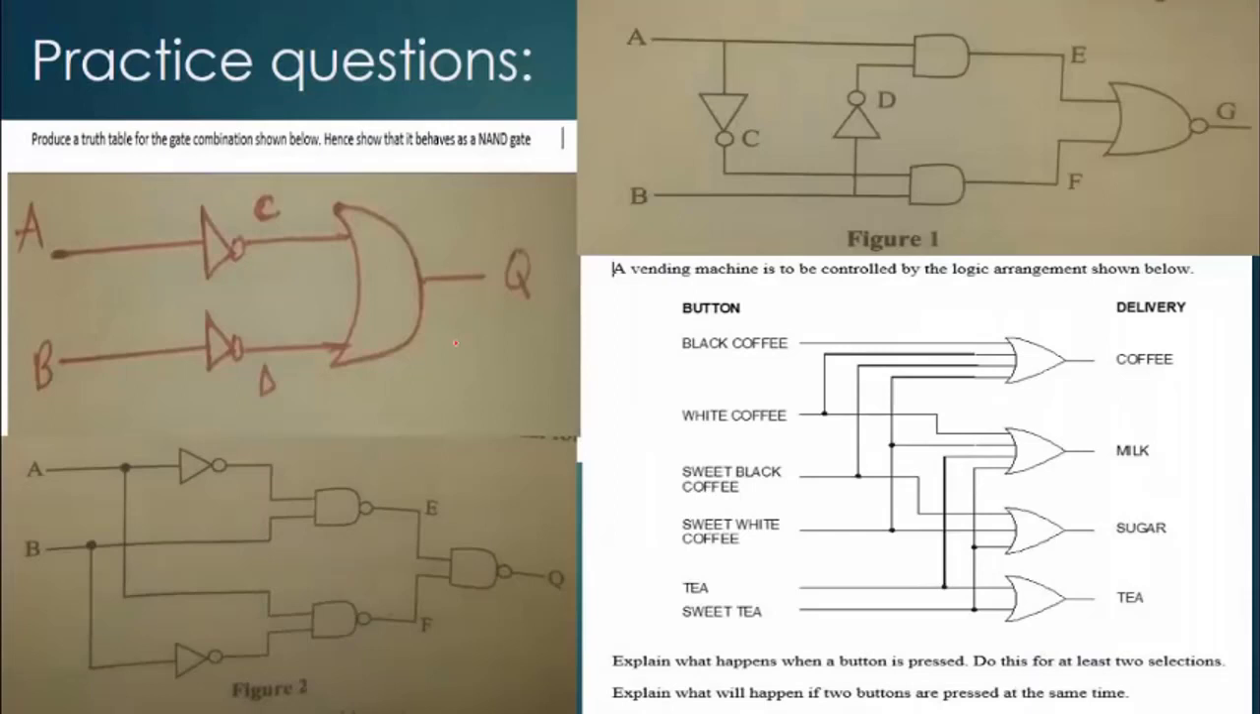So we can solve again some practice questions here. Produce a truth table for the gate combination below and then show that it behaves like a NAND gate. You can just provide the truth table here. You know that we have two inputs, so in our column of inputs